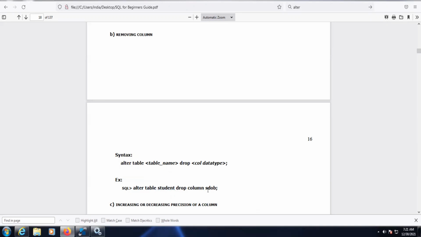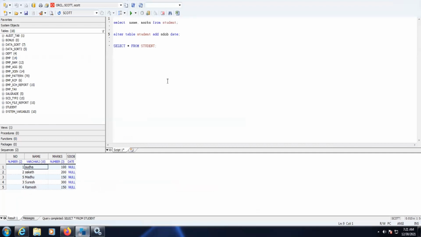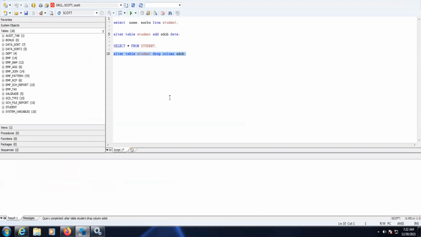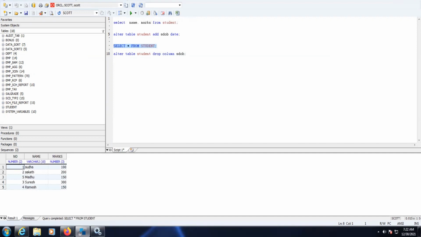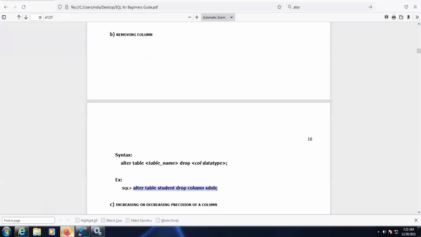Drop column SDOB. Okay, so copy this. Execute this. Okay, so now let's execute the main query. So the column has been dropped.